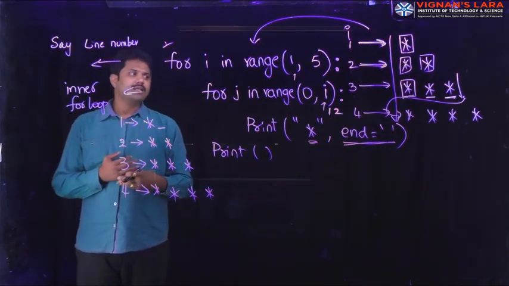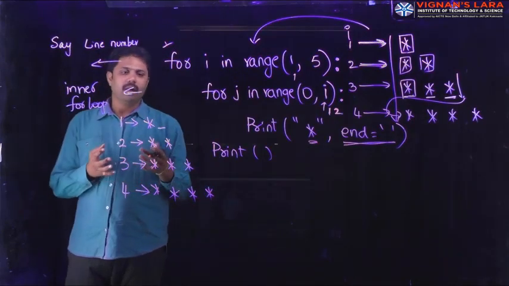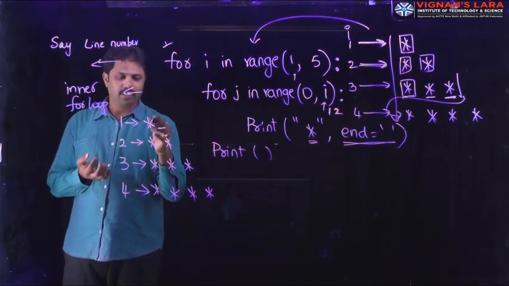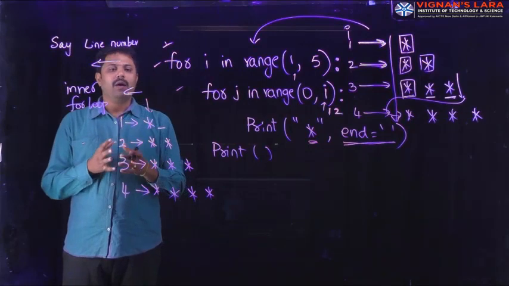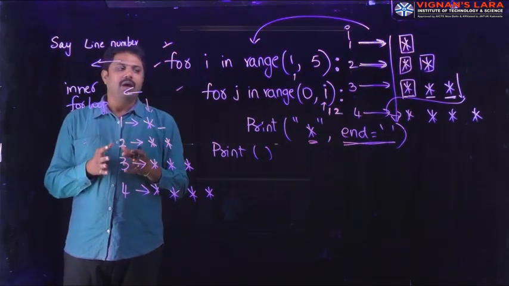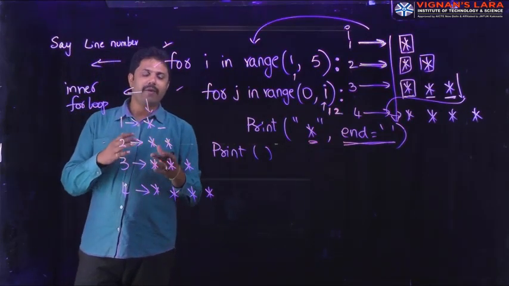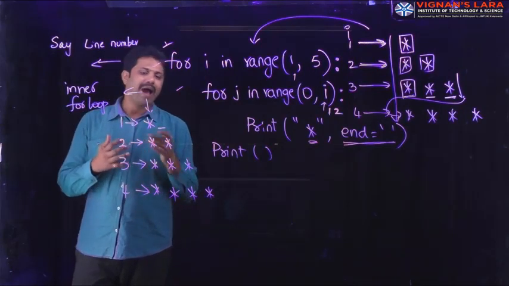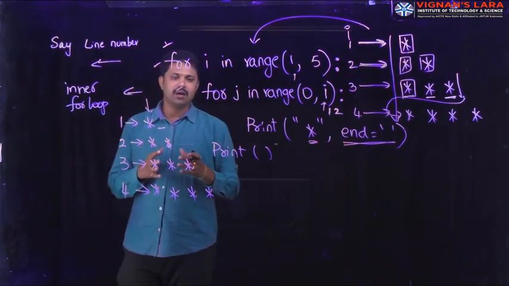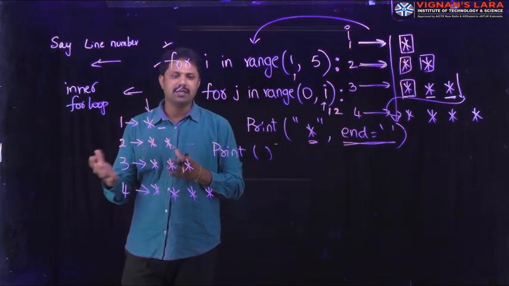So like this, you have to print your pattern by using the for loop in different models. Not only this model, if you have multiple models to print the statements, you have to practice all the models that we learned in the C programming language.